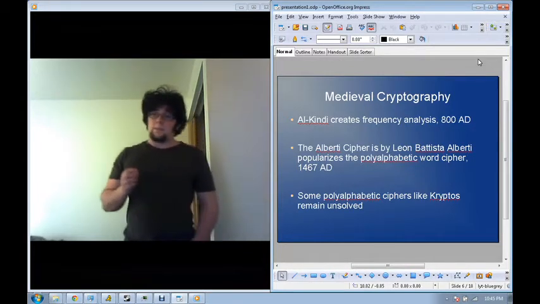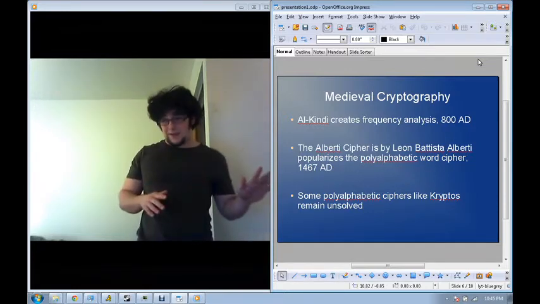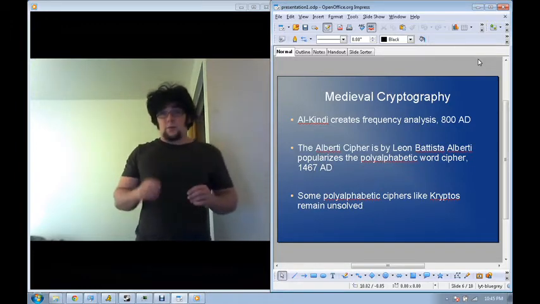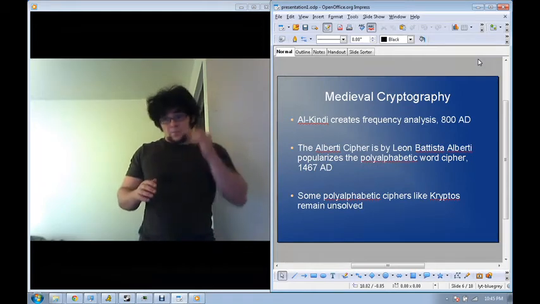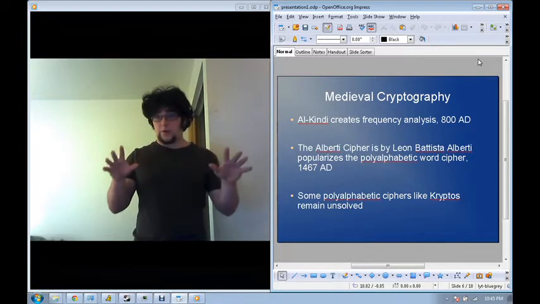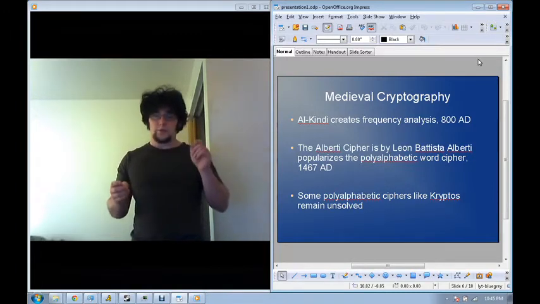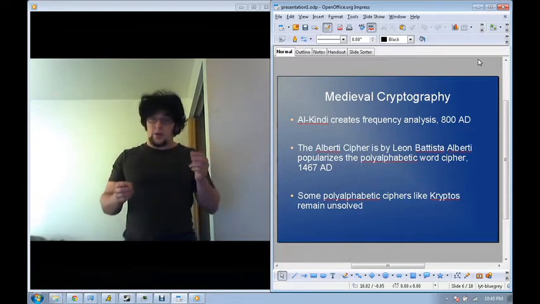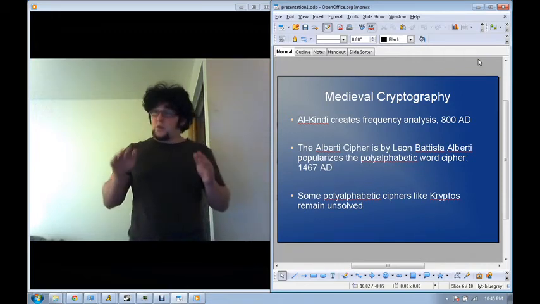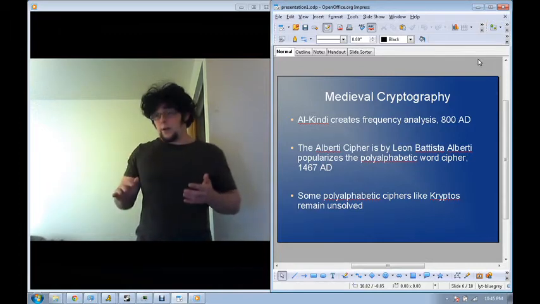Now, like I had said before, the way people had cracked these ciphers back then was very ad hoc. There was no procedural way to do it. And the frequency analysis, what it did was it analyzed the frequency of reoccurring symbols in the encrypted message. And it would also take into consideration the probability of certain letters being next to each other. Some letters never appear next to each other in some alphabets. And so, using that, and using a little math and a little algebra, he came up with a procedural way of cracking these ciphers.